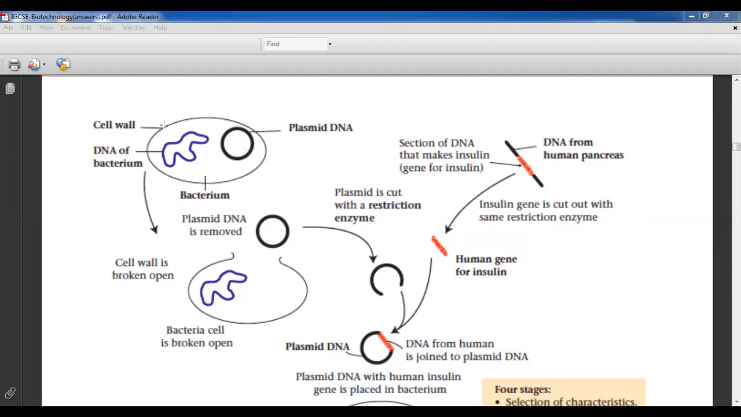So here, let's suppose this is a bacterial cell. This is the bacterial plasmid. And this is bacterial DNA, like one chromosome of bacteria. Now, the first step in biotechnology is, this is the human DNA. And now I am going to